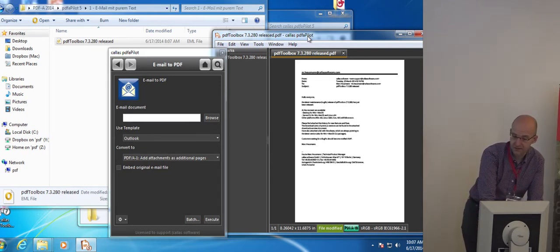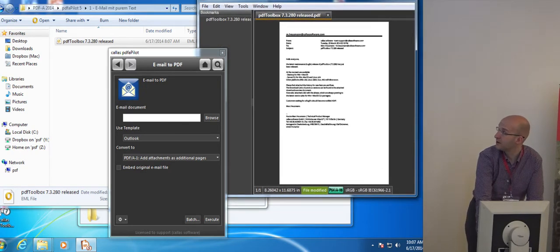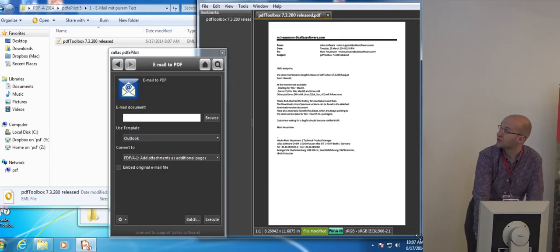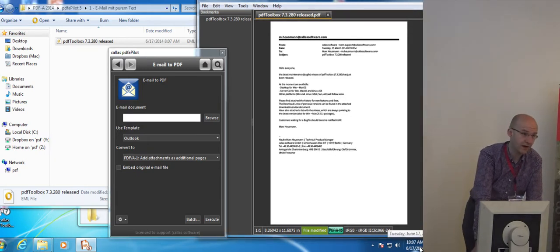You can also use it in a server context or a CLI context. And what you see is that this EML file is converted on the fly to something which looks quite similar to the output which is created when you would print it out in your Outlook or Thunderbird or whatever. We have different style sheets for the different feelings and looks.